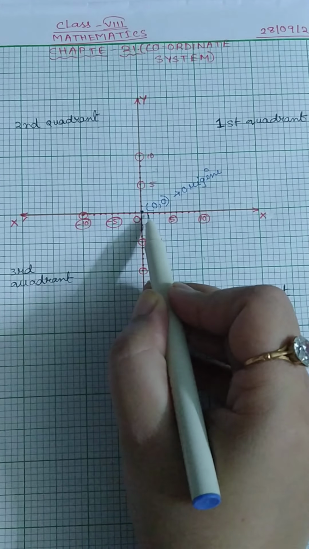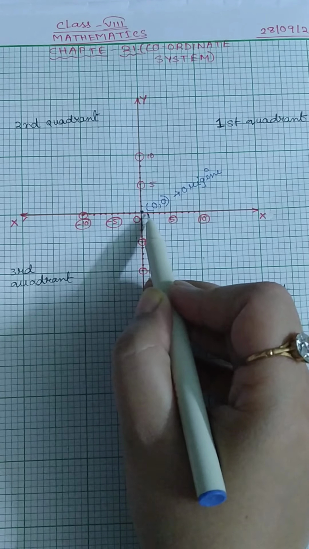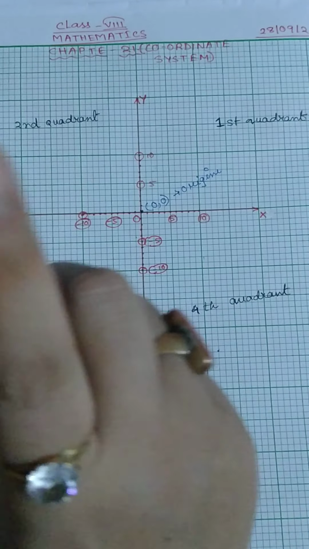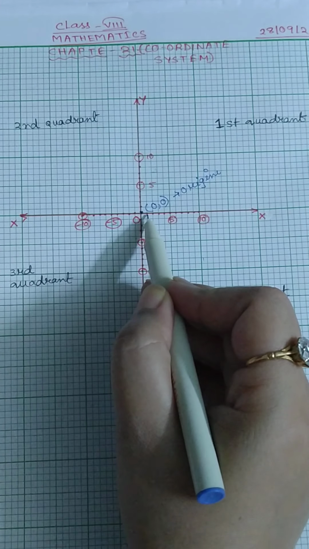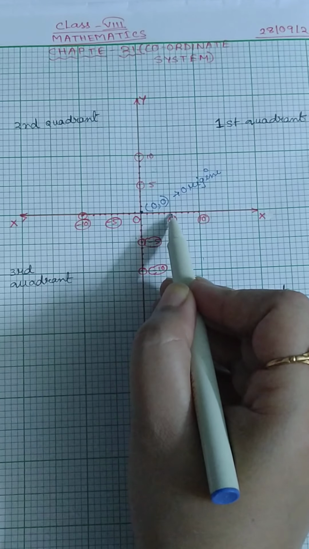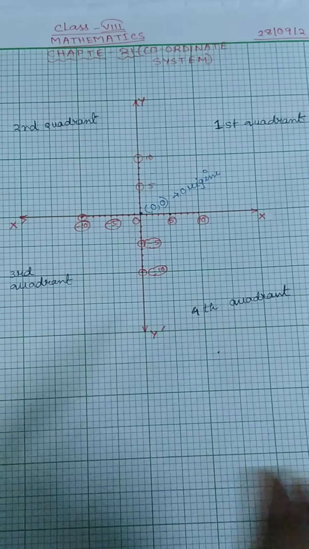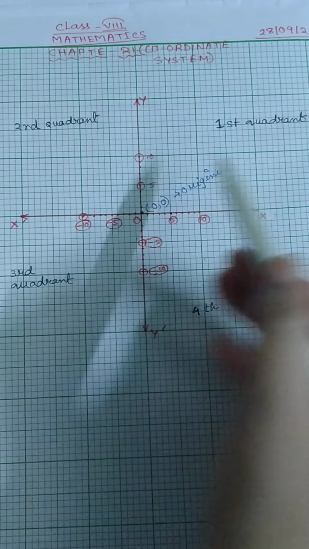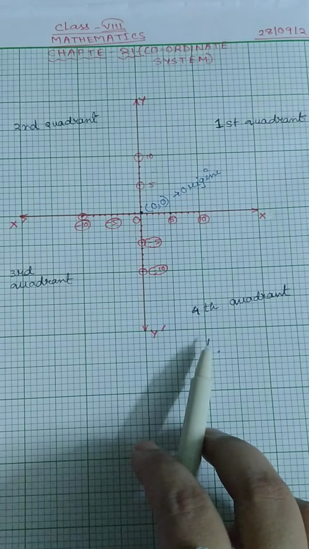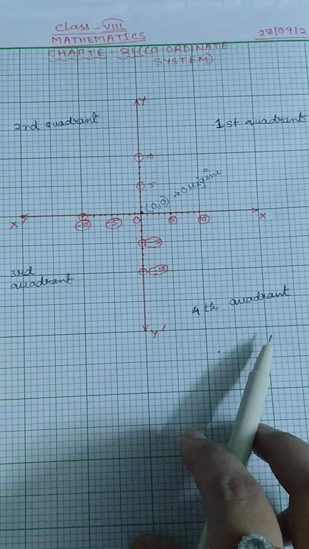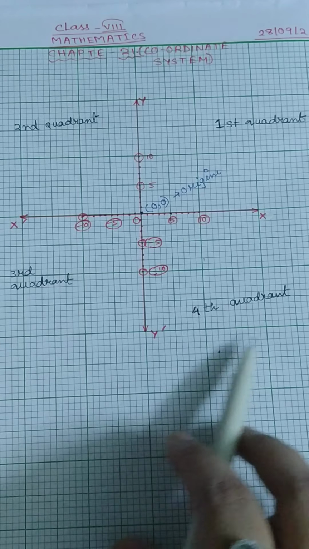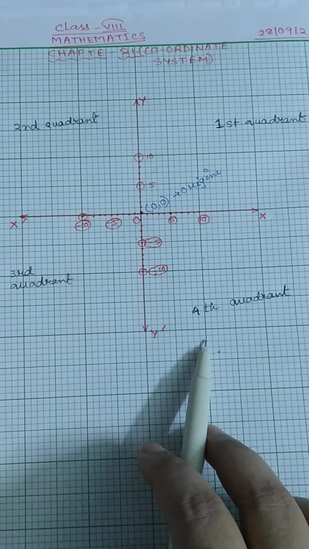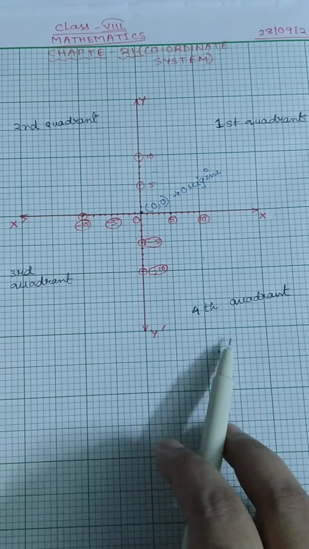Here you can see the grid. Every grid you have to take as 1 unit. This is 1 unit, 2 unit, 3 unit, 4 unit, and this is the 5th unit. See, in between two thick lines, both vertically and horizontally, there is a line that is not as thick. This is lesser thick than this.